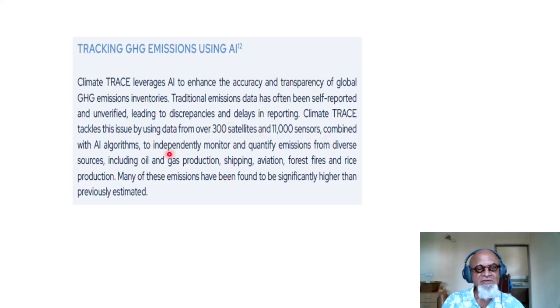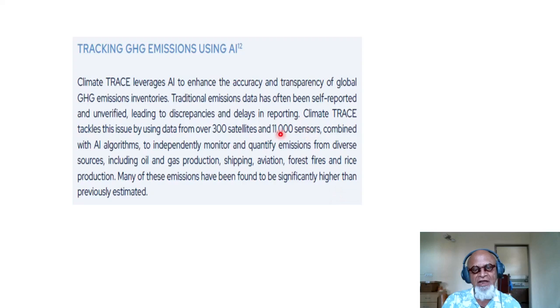Traditional emissions data has often been self-reported and unverified, leading to discrepancies and delays in reporting. Climate Trace tackles this issue by using data from over 300 satellites and 11,000 sensors combined with AI algorithms to independently monitor and quantify emissions from diverse sources, including oil and gas production, shipping, aviation, forest fires, and rice production. Many of these emissions have been found to be significantly higher than previously estimated.